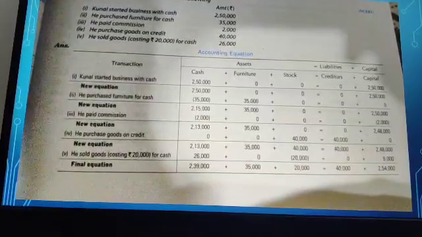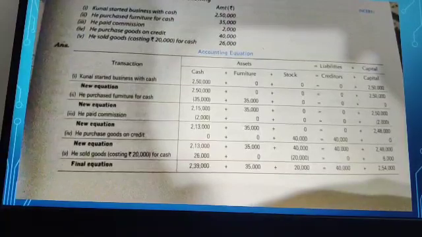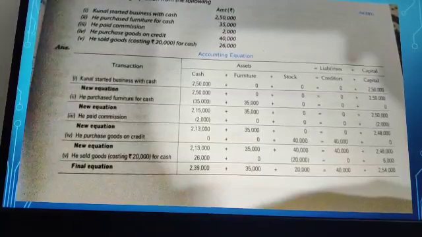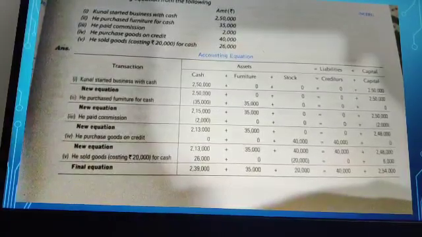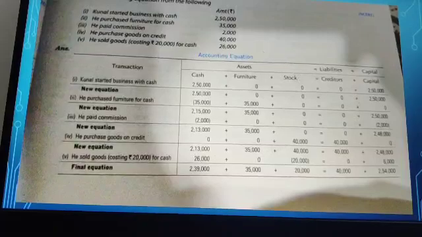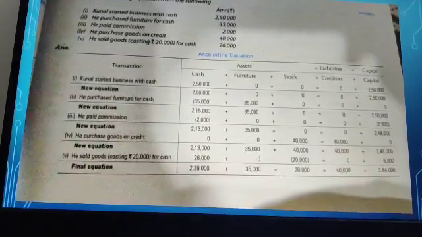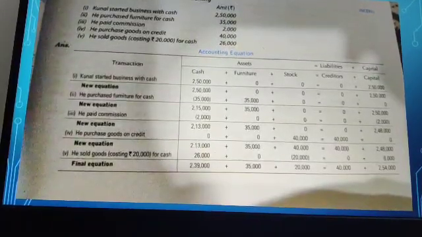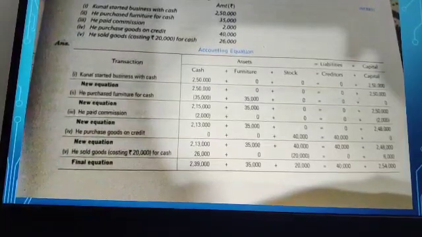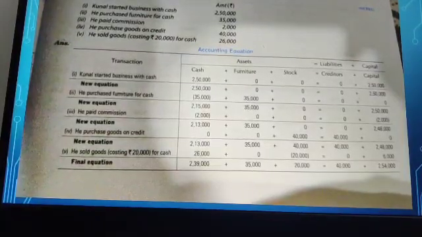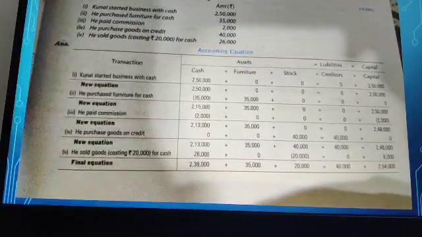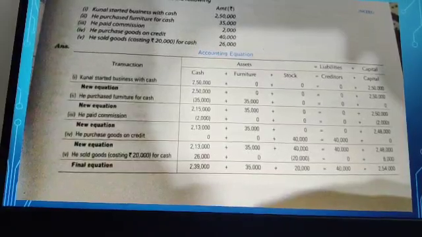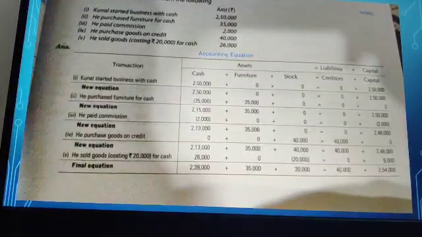Now the cash is being used for the purchase. From cash you are going to deduct 35,000 and you are going to open one furniture account, that is plus furniture, and under that you are going to record plus 35,000. As you can see, this 35,000 is recorded in correspondence to your second transaction only, but before that it is recorded as 0. So mind my words, when you open that transaction, in front of that transaction only you have to write down this 35,000. Now no effect in the liabilities as well as capital side.